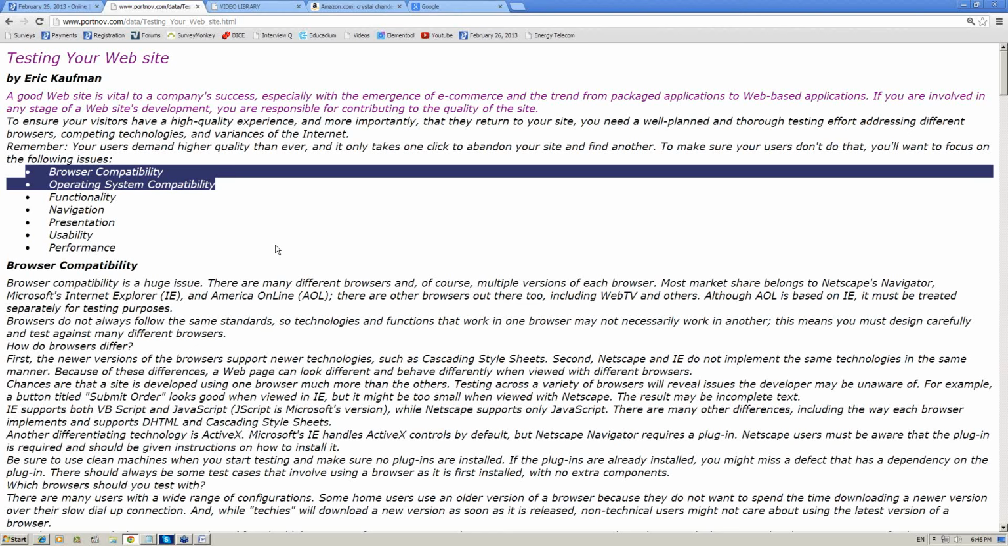So when we develop a web page or website with lots of pages, we are thinking, okay, whichever browser people have, we still want them to